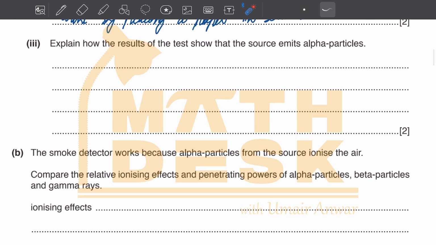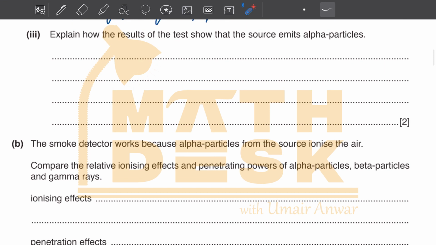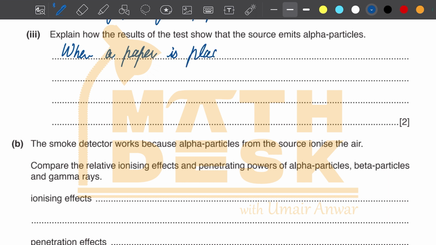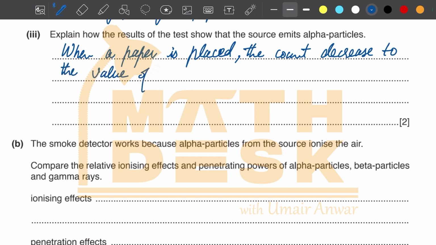In the next part, the question says explain how the results of the test show that the source emits alpha particles. I'm writing when a paper is placed the count rate decreases to the value of background radiation. So it means no active radiation from the source is being detected by the GM tube of the detector. And we know that